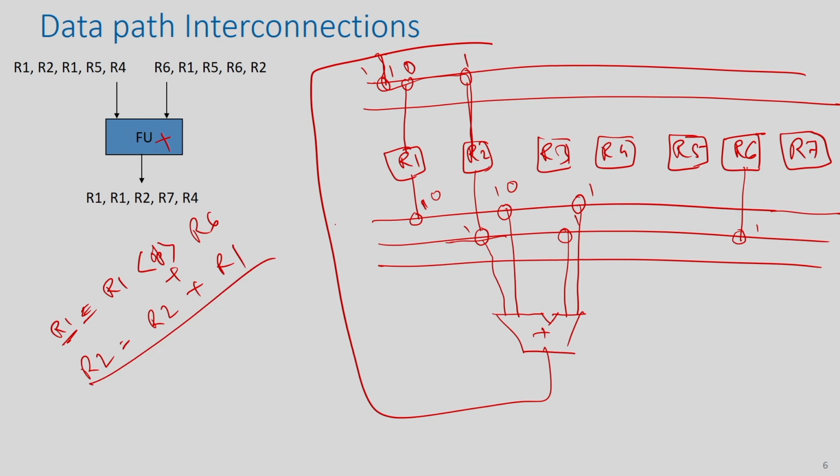As I have already explained, the objective here will be to identify the minimum number of buses and how to assign these variables to these buses, so that there is no overlap or contradiction, and the use of buses is minimum, right. So, that is the objective during bus based interconnection generation.